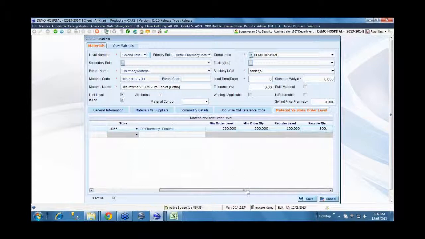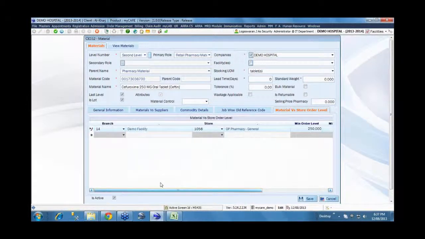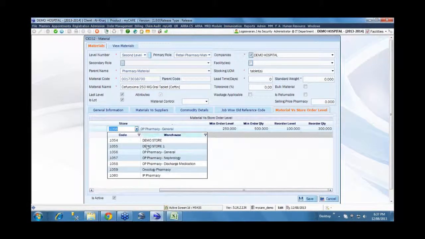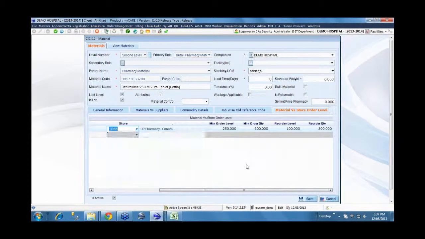So we can define that organization structure as to which part of the organization or which facility has the purchase rights for which facility and which item. It can be varied from one item to another level also. Within each facility we can have substores, like each ward can be a separate substore, outpatient pharmacy a separate substore, inpatient pharmacy a separate substore, and so on. Like lab, radiology, individual substores what you may have in the hospital, that also can be defined. So the main organization, the various facilities or branches within that organization, and each facility having various substores.